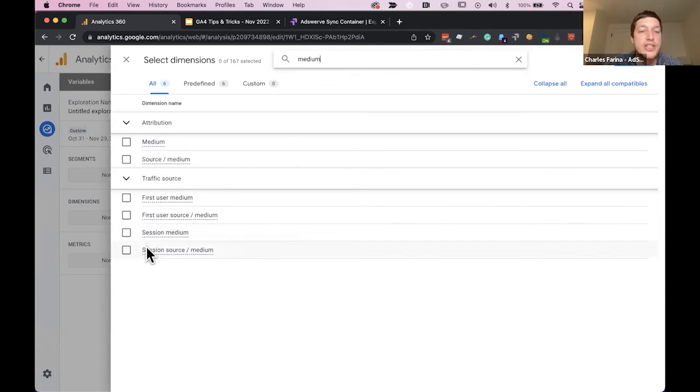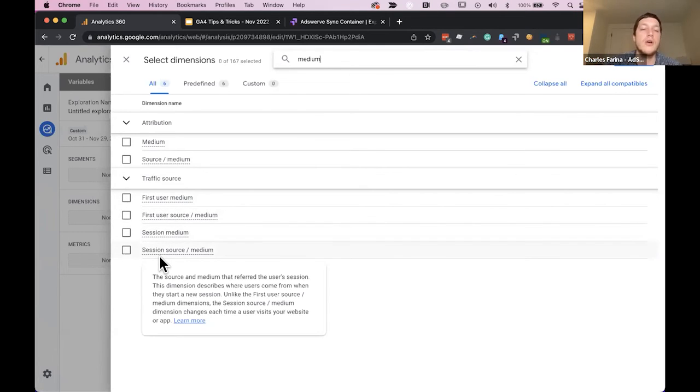And if you see session in front of anything, know that that's the last non-direct component. This is important because let's say you have a session and the session has 3 events. Event 1 is someone came from a paid ad and they went to your homepage. And then immediately after, they searched on Google for something else and then clicked on an organic result and came back.